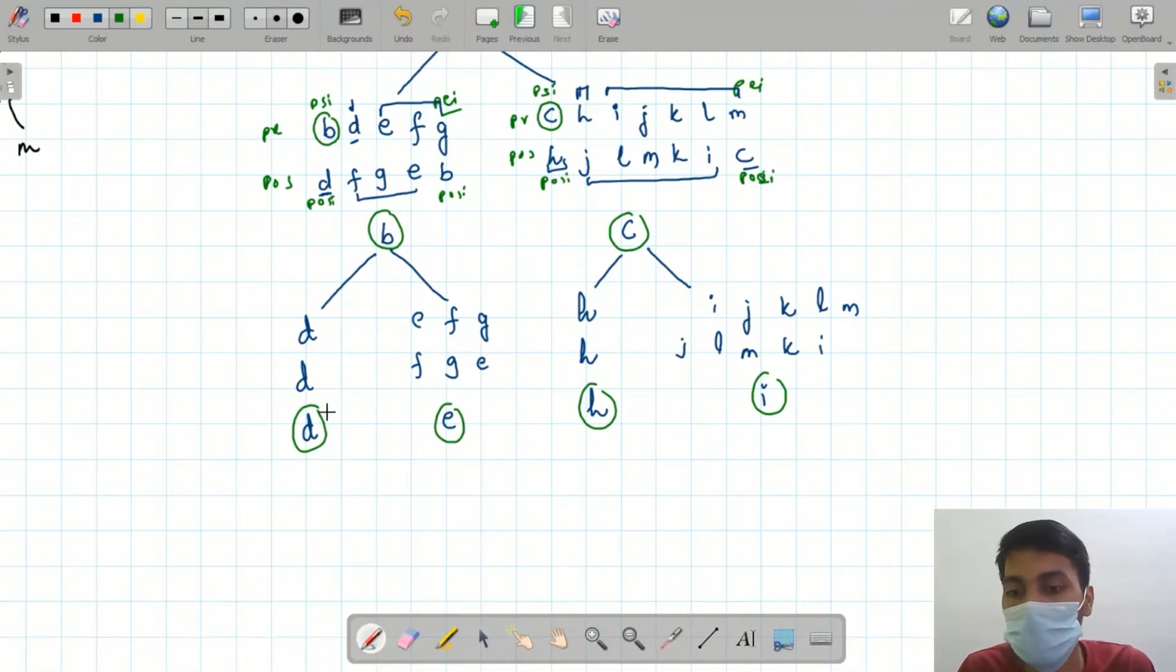So here in D's family there are no values present in the array. Therefore D is going to be the end node of this family, right? Here E, F and G are remaining, and here also if I say F and G are remaining, right? So here we'll be finding